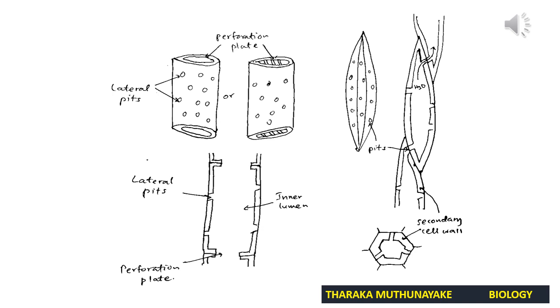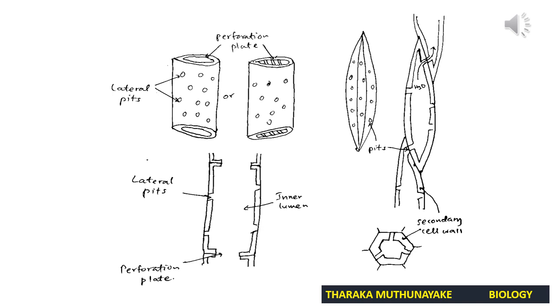And also here you can observe vessel elements have a somewhat long cylindrical shape, but tracheids are not cylindrical, they have polygonal shaped transverse sections. Then we said vessel elements align end to end and form a continuous narrow tube. That's a xylem vessel. At the bottom, a part of that xylem vessel is indicated. You can observe the adjacent vessel elements are connected through perforation plates. Actually, it's a longitudinal section of a xylem vessel.